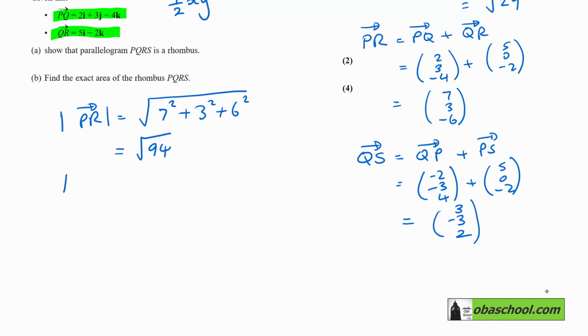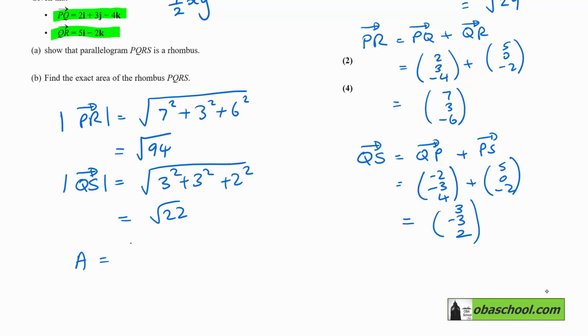And then mod QS is going to be the square root of 3 squared plus 3 squared plus 2 squared, which is root 22. So the area is going to be 1/2 times root 94 times root 22,